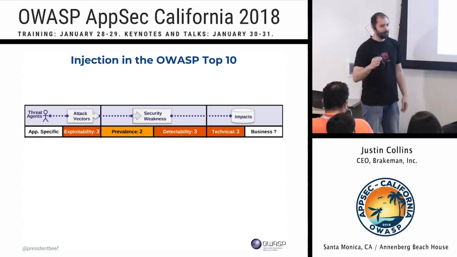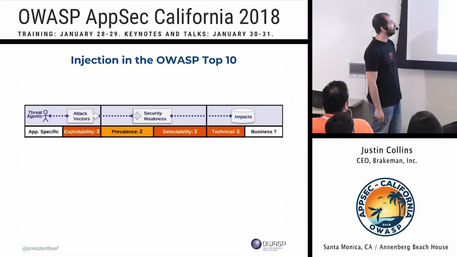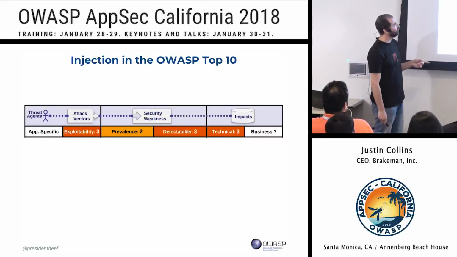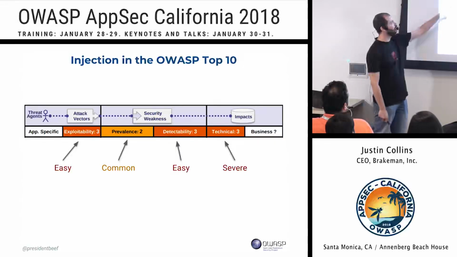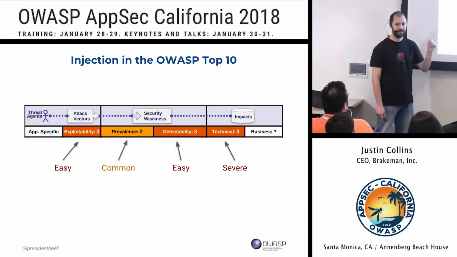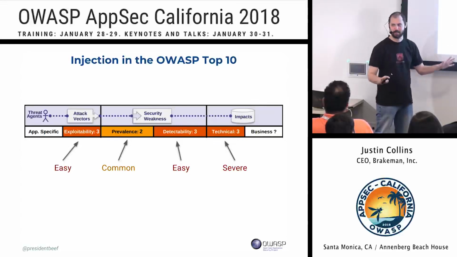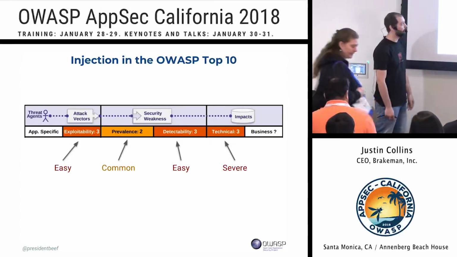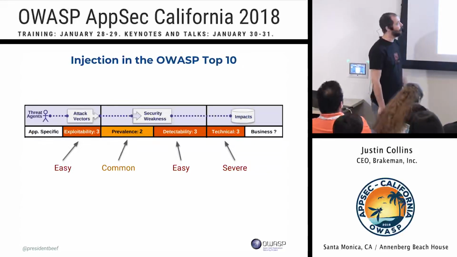If we look at the 2017 new OWASP top 10, this is what they say about injection. And I couldn't remember what these numbers mean, so I had a little cheat sheet. So exploitability, easy. If you know it's there, it's easy to exploit it. In fact, search the internet and you'll get all kinds of nice payloads. Again, especially SQL injection, very well understood. And people have thought a lot about it and written a lot about it.